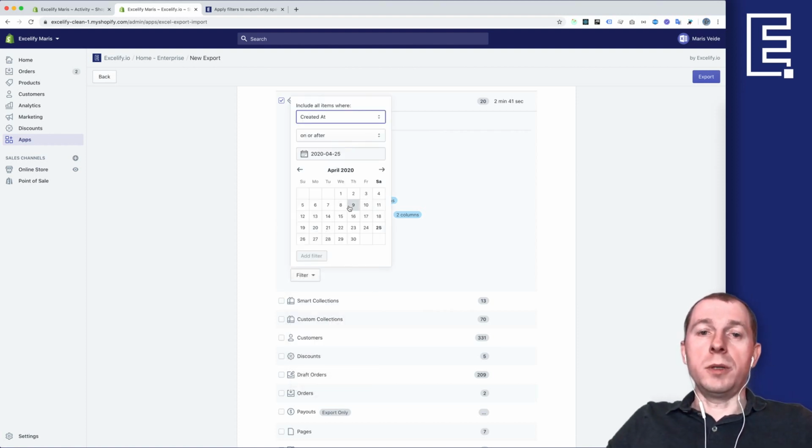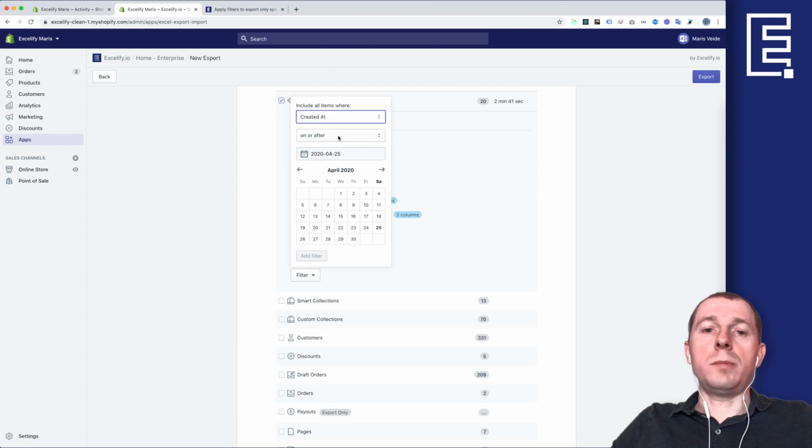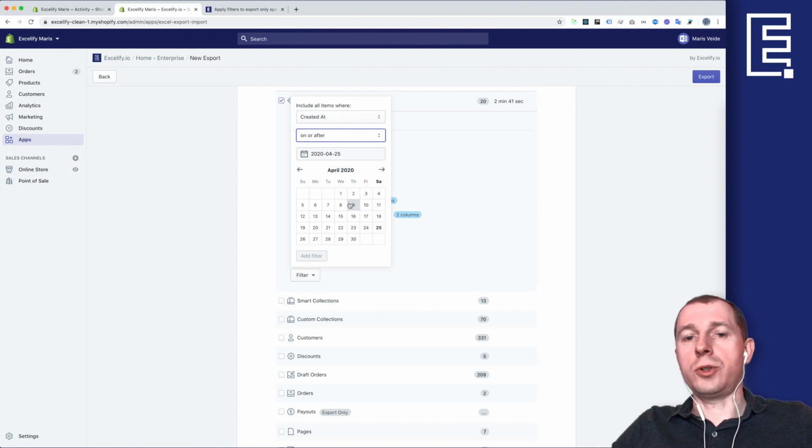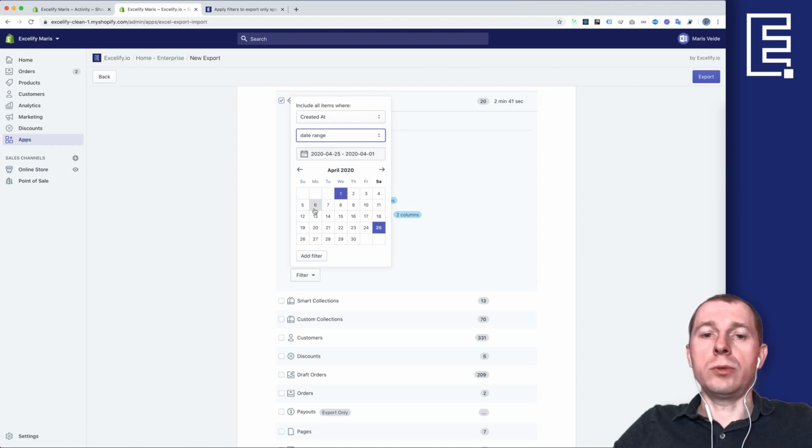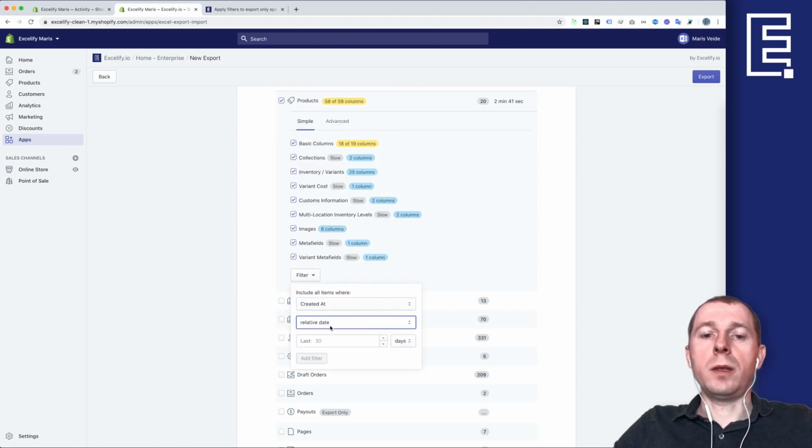The date is a bit different. So created at, for example, you can filter created at by on or after. This means that I can choose everything since the 1st of April, for example, right? Or everything before the 1st of April, or on or before, right? The date range is where I choose any two dates, so I want everything between those days to be included in my export. Or the relative date is where I choose how many last, for example, days or months,